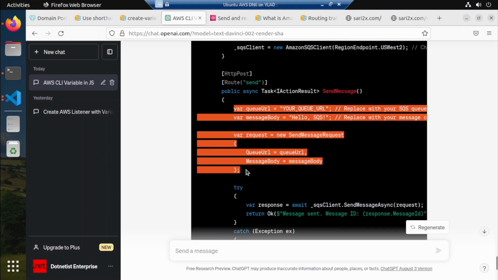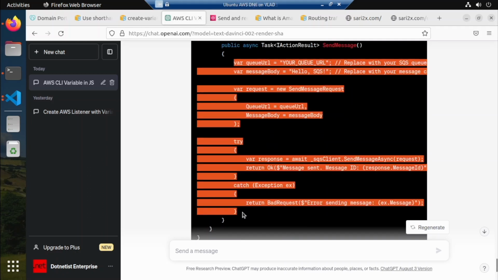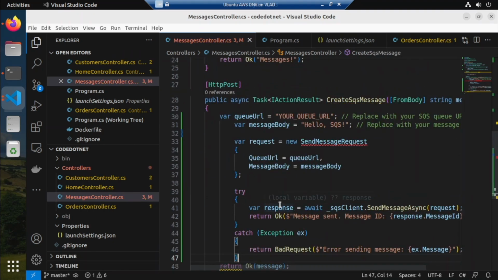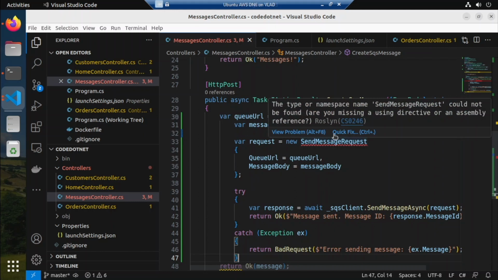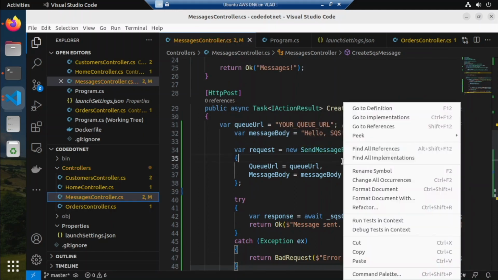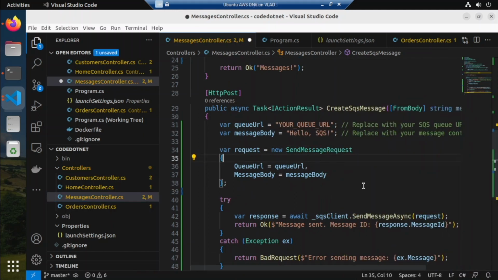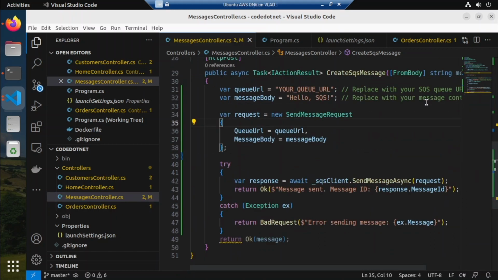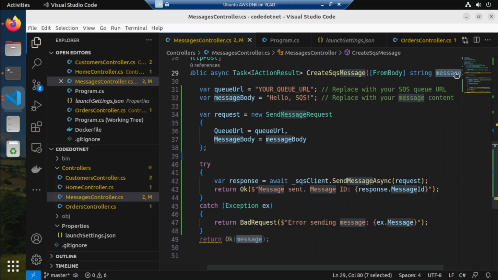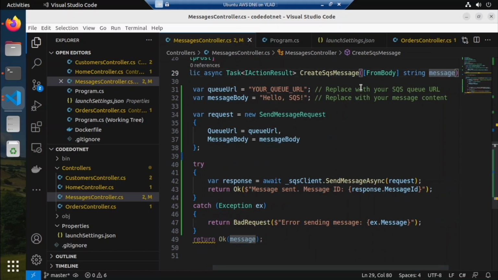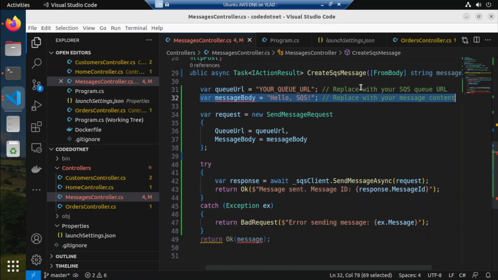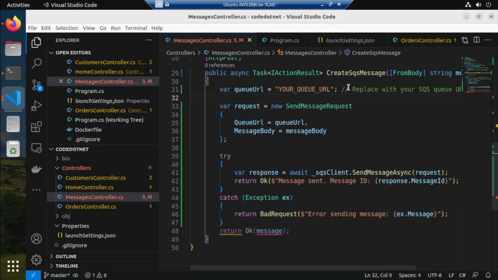Okay, let's copy this, put that in here, this one, then format, and then the message is this one. We'll change this to message body, and then this message body here will be removed, and then